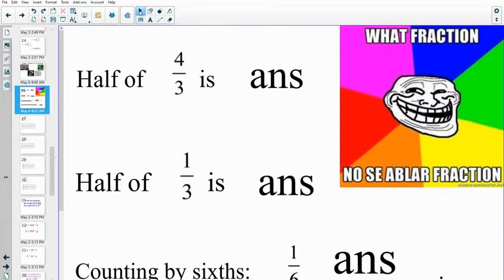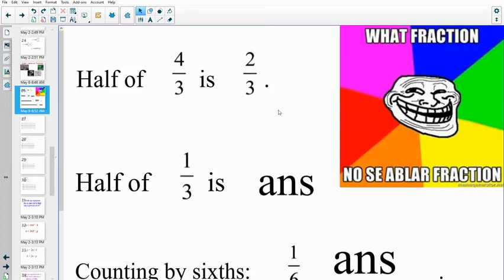First one, half of 4/3. Well, of course, half of 4/3 is 2/3. If I make the numerator half, then the fraction becomes half as big. 2/3 is half of 4/3. And related to that, half of 4 pi over 3 is 2 pi over 3, which will come in handy